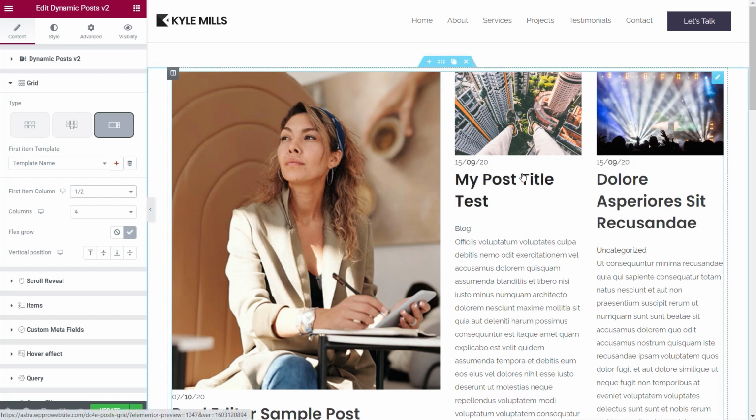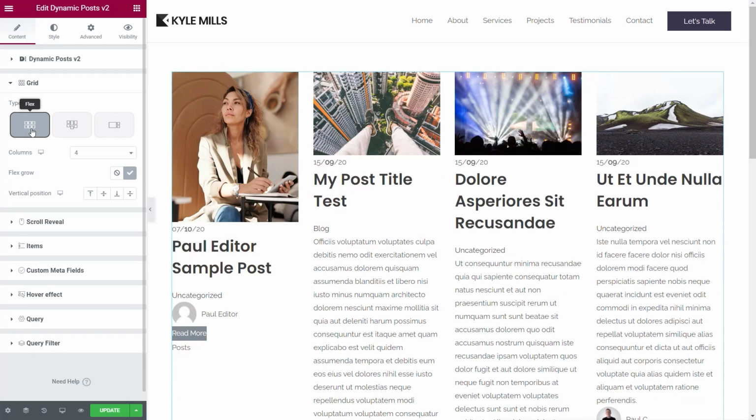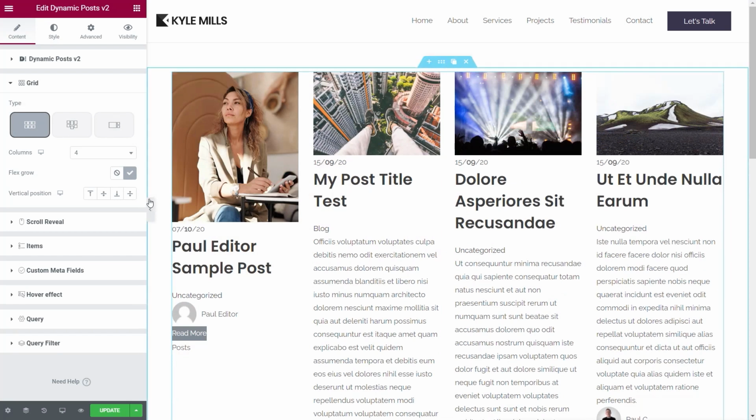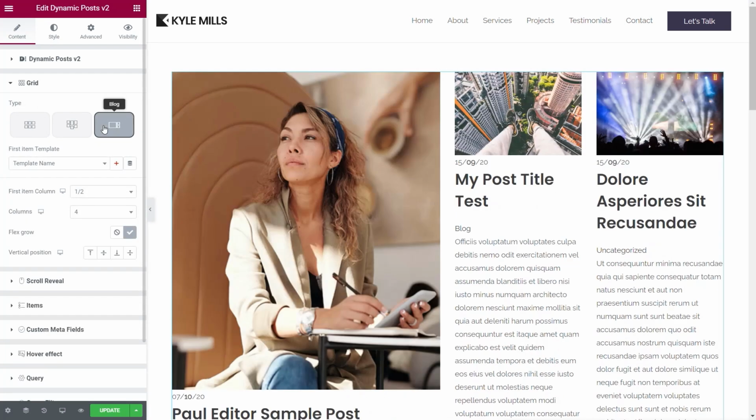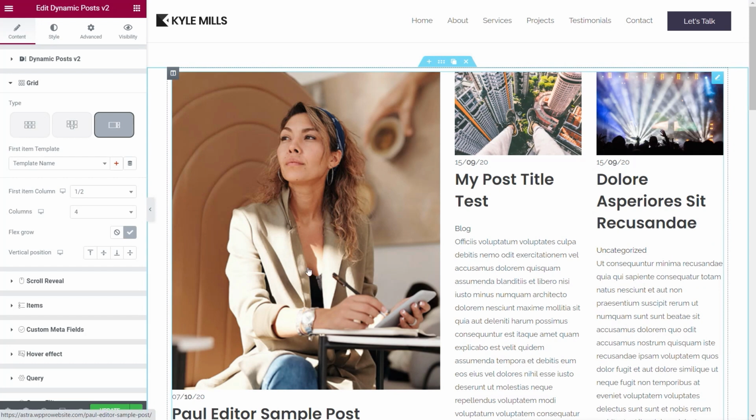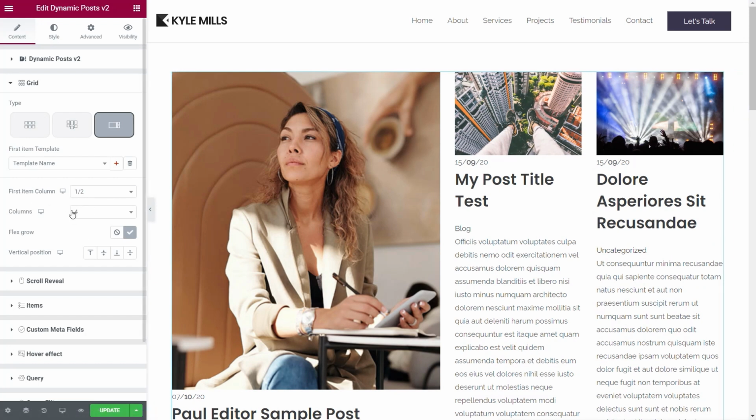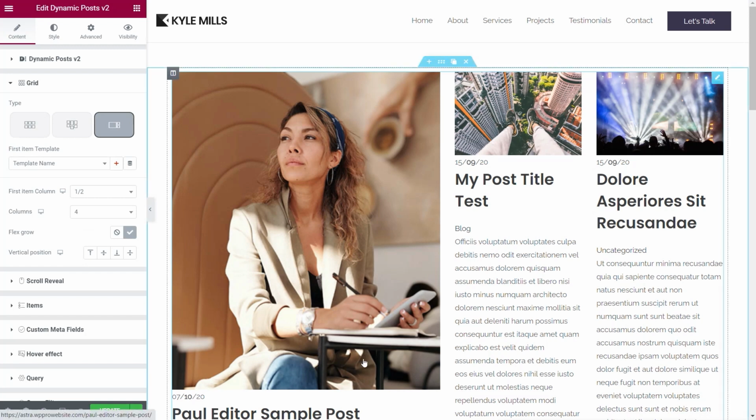Now you can also then come in and customize the various different aspects of this. So let's just say we put this back to the Flexbox, for example. You can see we get this kind of layout. We can set this over to blog, for example, and we start to get a different kind of layout. And like I say, you have control over the various different aspects of this, whether you want to use flex grow, the vertical position of your content. All those options are available to you, so you really can get in and fine tune and customize everything about